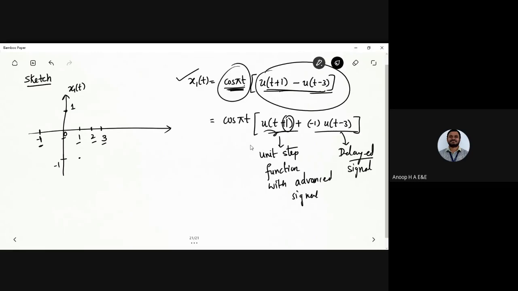So I'm just marking the points here. Next, once you have cos 2 pi. Yes, Shashank, just let me know what is the value that you are going to get, cos 2 pi. Sir, 1. Yes, exactly. So now you have the cosine term. Okay, let me erase here. Yeah, so you have the cosine term being there like this. At 2 you are going to have 1, and at 3 you are going to have minus 1 there.